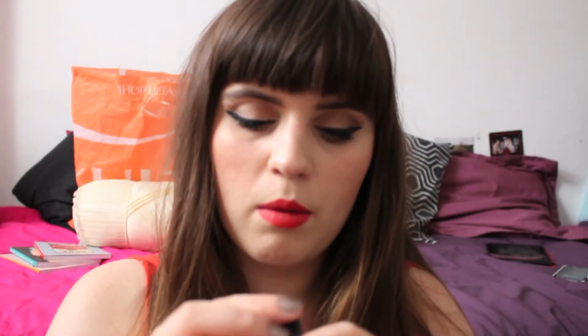And I also picked up, well, I didn't pick up, they gave it to me, the Rouge Artist Natural colour in N9, which is a baby lipstick. It's quite a universal shade, and I've actually worn it and it was quite nice. So I might keep these two probably knocking about in my handbag, I think, because they're nice and small and